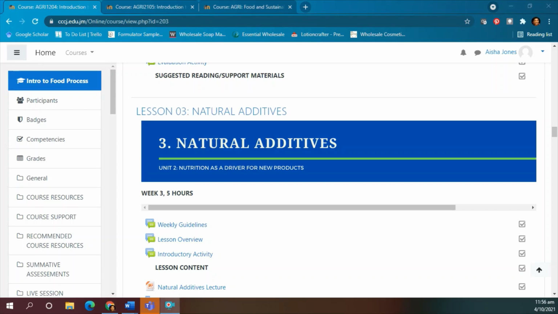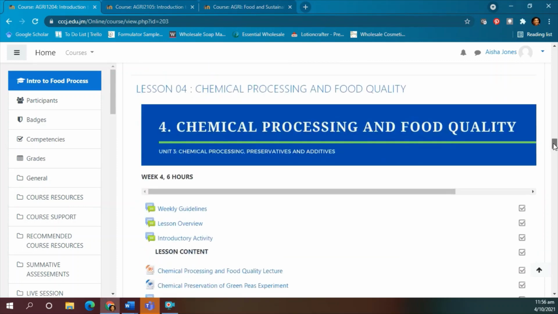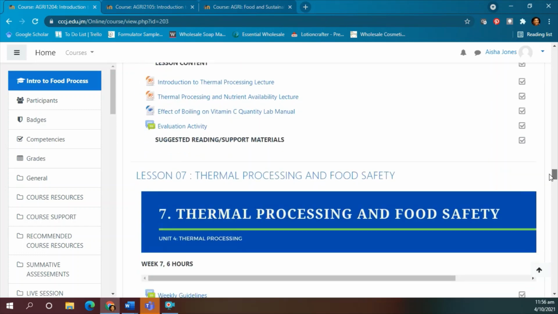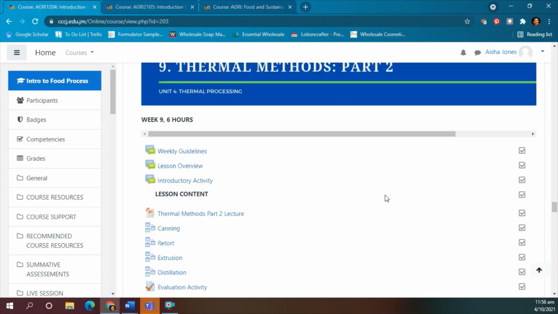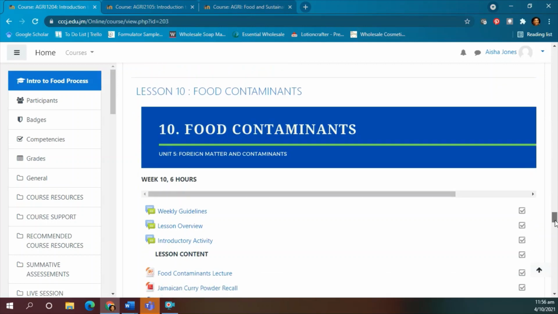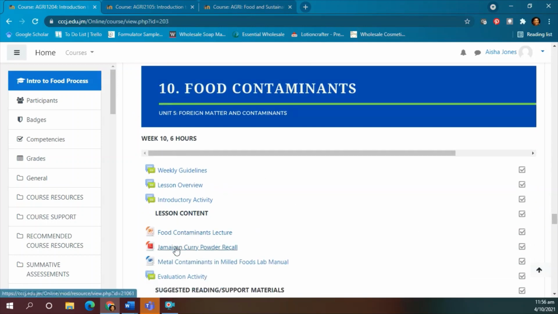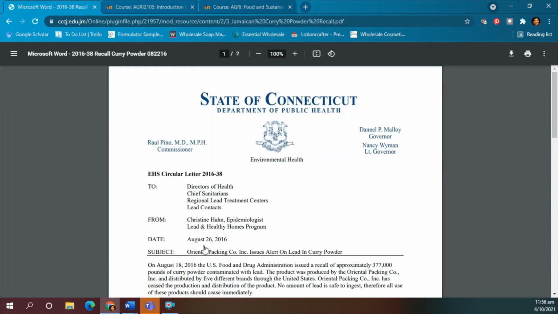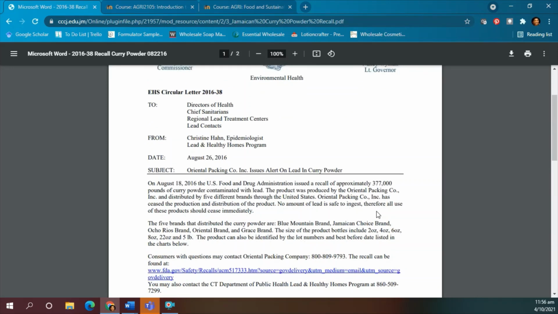So let's look at an example of a document that has been provided in this particular course. We will scroll all the way down to lesson 10, and lesson 10 is on food contaminants. And one of the resources that we're providing here as a document is Jamaican curry powder recall. So when that is clicked on, the document will open. And in this case, you can see it is a circular from the state of Connecticut that was issued